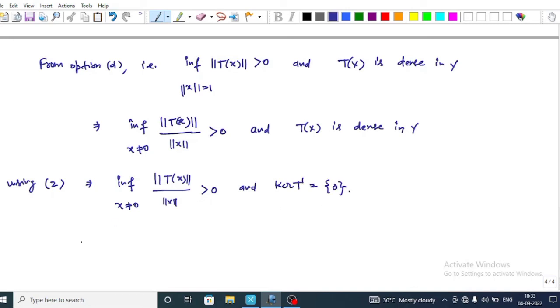Now using result 3, this implies that T is bijective,